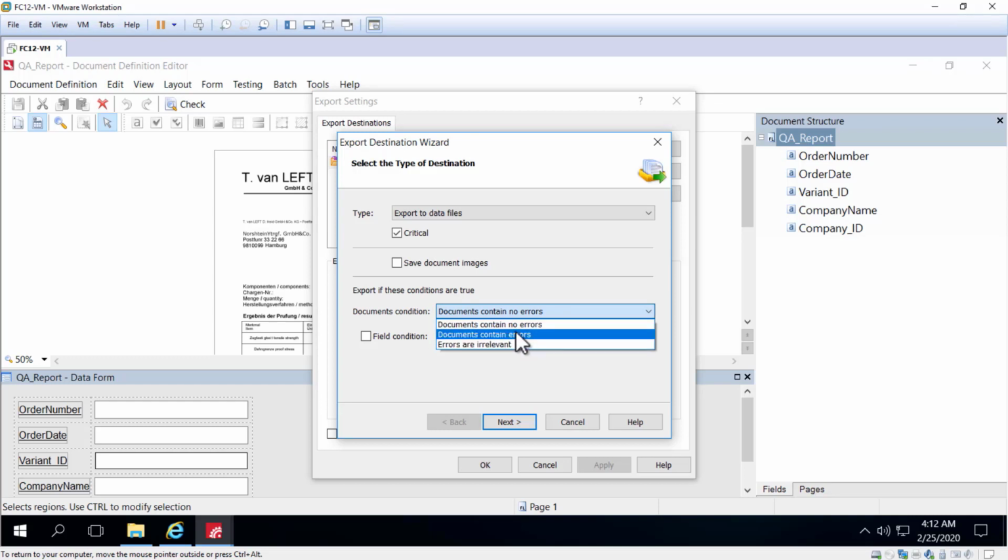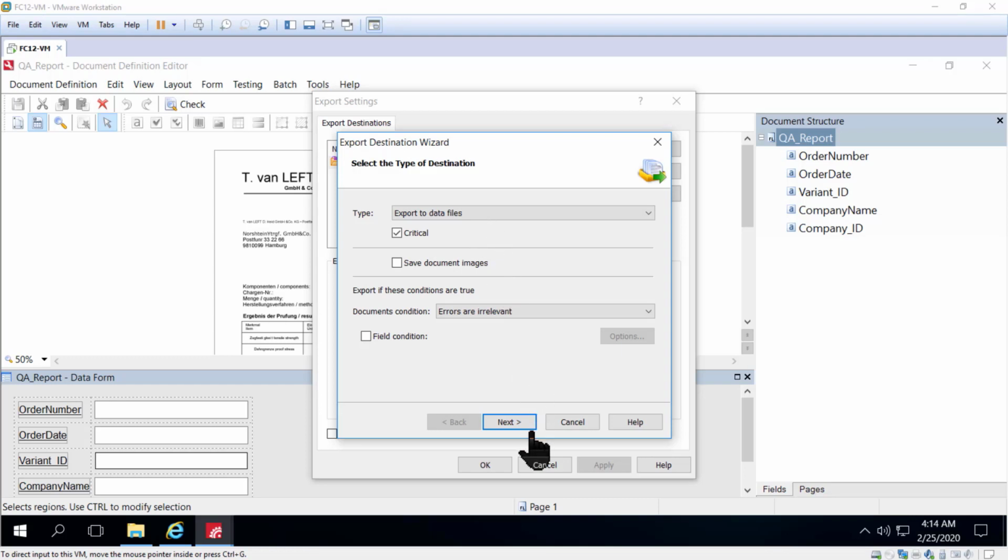You can also set up another export and export path for documents that do contain errors. This would be really useful if you've turned off verification, so you know you're going to get some exported documents which contain errors and some of which will not contain errors. The ones that contain errors can be pointed to a place where downstream attention can be paid and the errors resolved. And then when I'm doing demonstrations or teaching classes, I like the setting errors are irrelevant. And that means that at any time I can choose to export a batch whether or not it contains errors